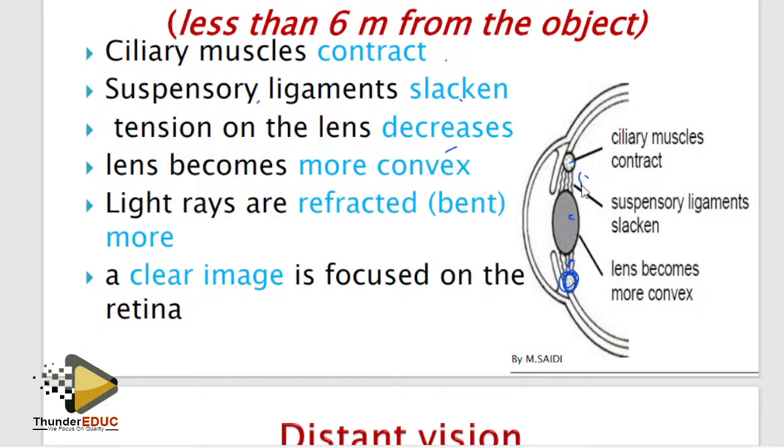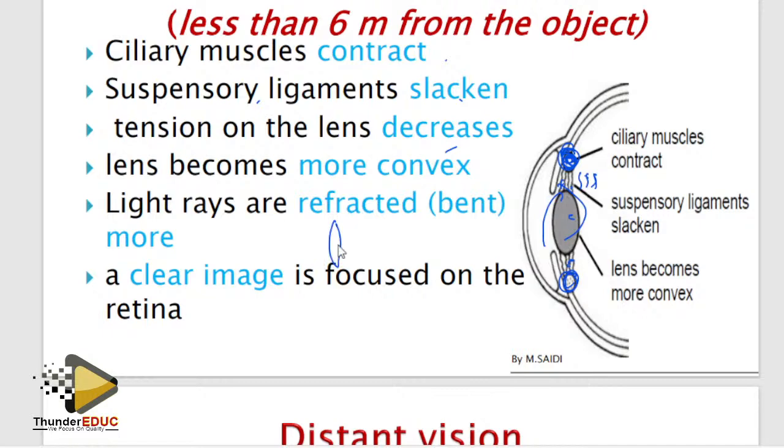I'm saying, you see that they are relaxed. If this relaxes, this contracts. If this one, we call it becoming taut. If this contracts, this one relaxes. And how do I know that it's a near object? When they talk about more than 6 meters, it is a far object. Less than 6 meters is near. How do you see a near object? You see it big. Therefore, the lens is supposed to be big. How do you see a far object? You see it too small. Therefore, the lens is supposed to be small.